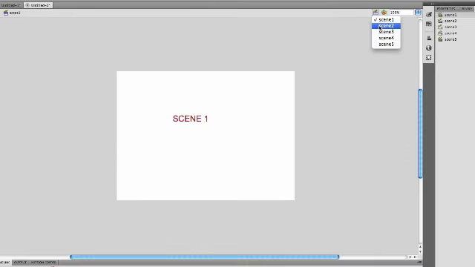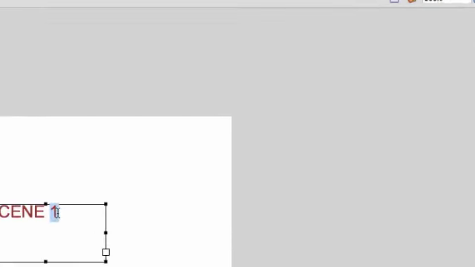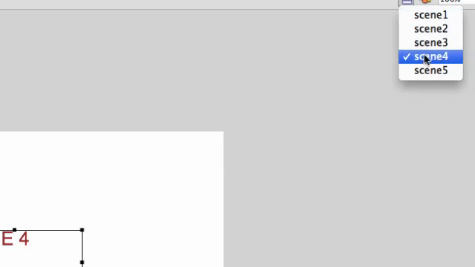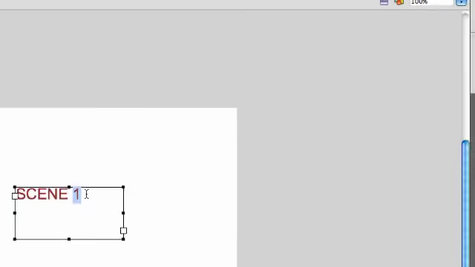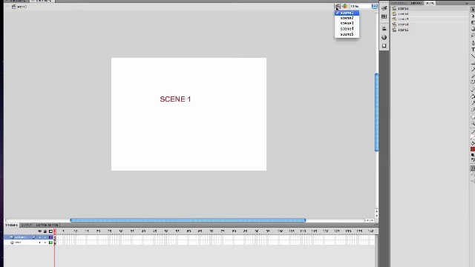Scene 1 I will leave as scene 1. Scene 2, you'll see it's there. I'm going to change to 2. I'll change scene 3 to 3. I want these appropriately labeled so you'll know which scene we are on when we're viewing them. I'm going to change this to 4, and then my final scene is scene 5, which I will change right here. If I want to test this quickly, I can just flip 1, 2,